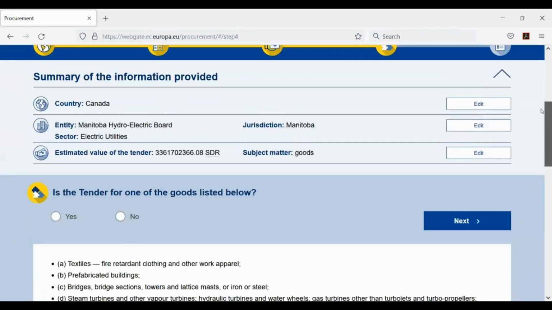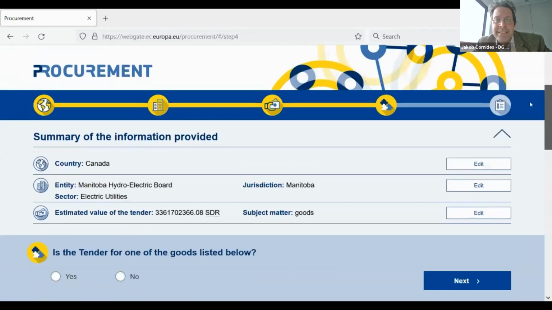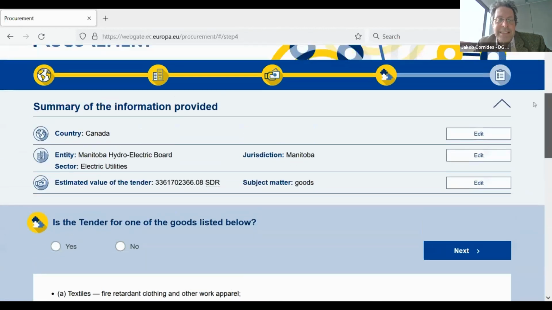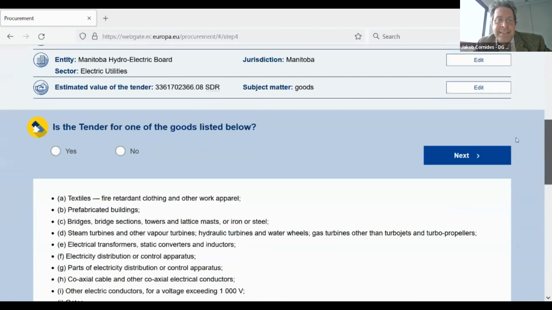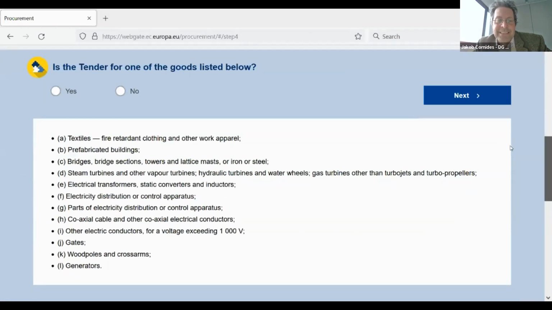There can be all kinds of follow-up questions in the system, and this relates to the fact that there are many special provisions and exceptions and exemptions in the CETA agreement. It's rather complicated, and so we had to transform those provisions into follow-up questions that need to be answered. Is a tender for one of the goods listed below? I say yes.